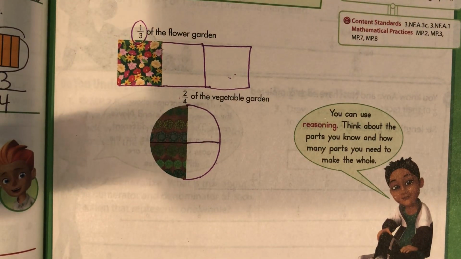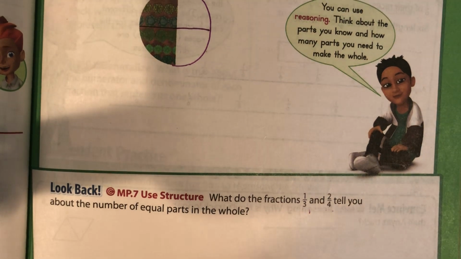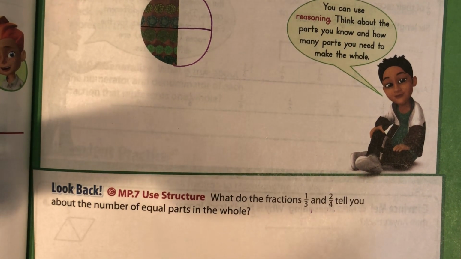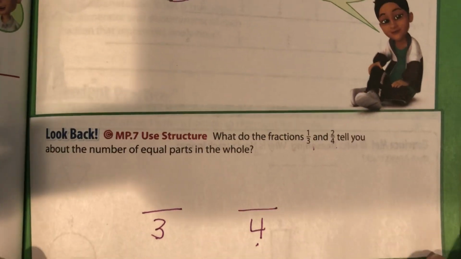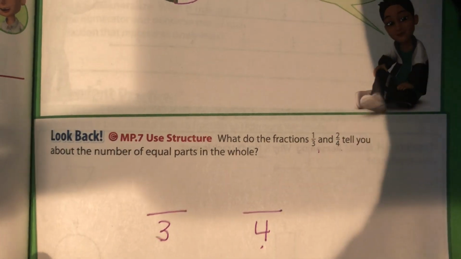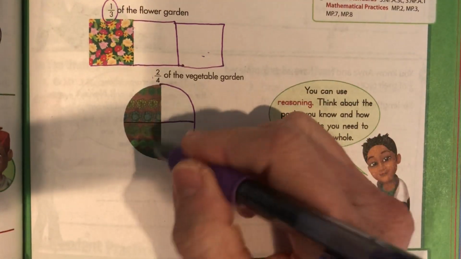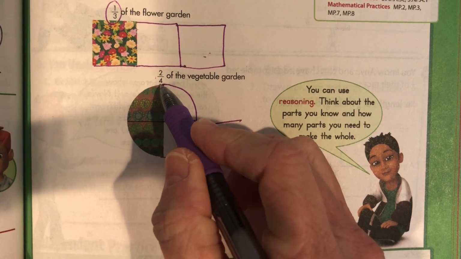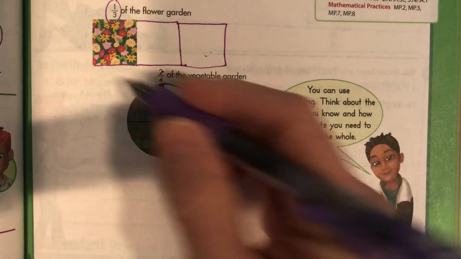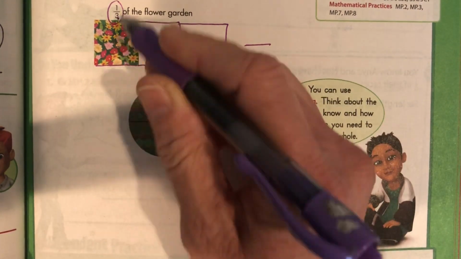Okay? What do the fractions 1/3 and 2/4 tell you about the number of equal parts of the whole? Our denominator, our denominator down, okay? Denominator is how many parts we have total. And then the numerator is how many parts are shaded. So here we have 4 parts total. Even though we could only see 2 of them, we knew there were 4 parts and we could see 2 of them, okay? This one, we knew that there were 3 parts total, even though we could only see 1